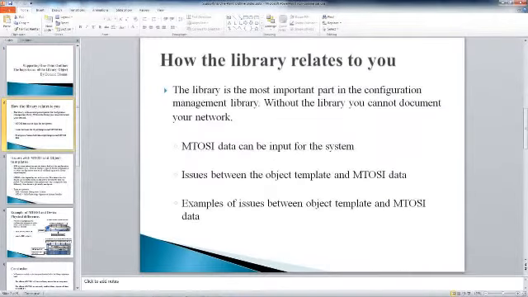I have been creating library objects in multiple configuration management tools for the past 8 years. I have dealt with element management systems, which are also called EMSs, and how it is translated into mTOSI, which is also called a multi-technology operations system interface. This particular type of format is taken and pushed into the configuration management tool for it to upload into the